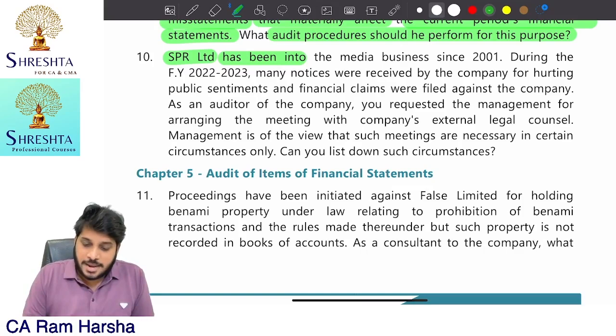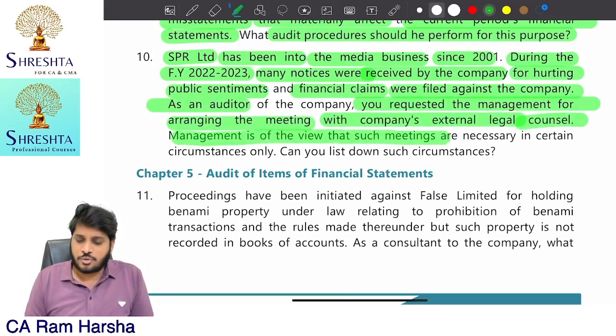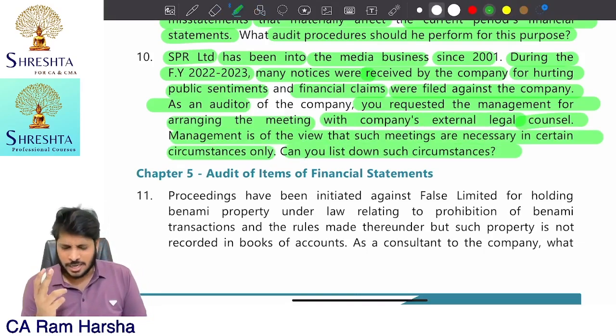SPR & Co has been in the media business since 2001. During the year 2022-23, many notices were received by the company for hurting public sentiments and financial claims were filed against the company. As an auditor, you requested the management for arranging a meeting with the company's external legal counsel. Management is of the view that such meetings are necessary in few circumstances only. Can you list out? Yes, we have seen in SA 501,